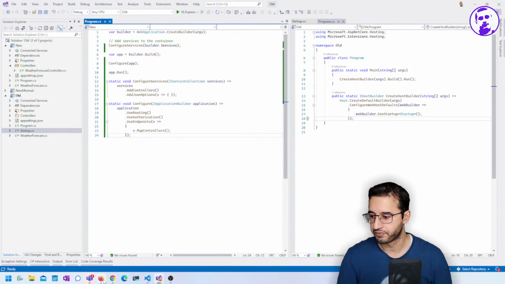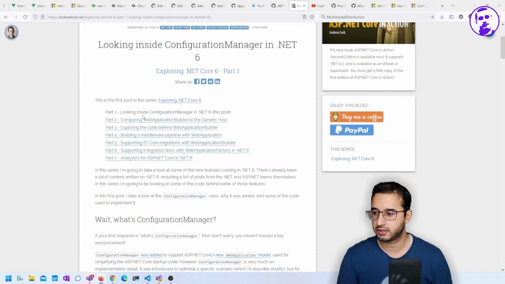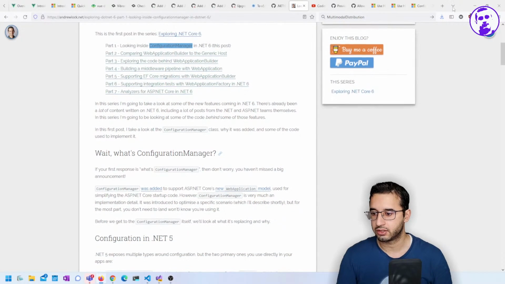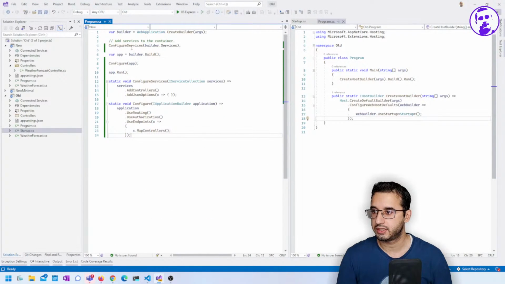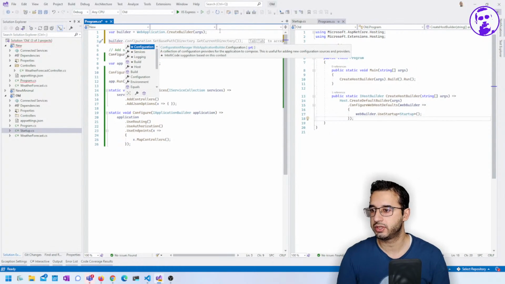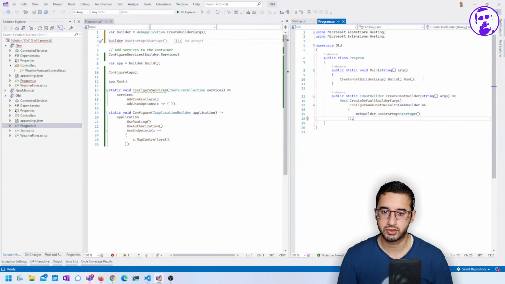So the first one is really explained well by Andrew Lock's first blog post, looking inside Configuration Manager. Now, Configuration Manager is a type that we get only in this new minimal API and not in the old API. So if I go to builder.Configuration, you can see that the type there is ConfigurationManager. Now, this is a brand new type. And the advantage of using this as opposed to the old system is that you often want to add different